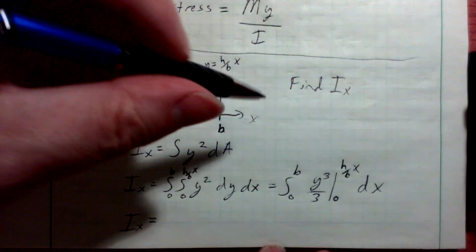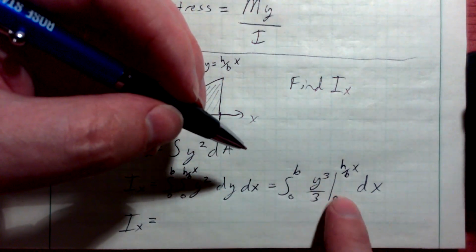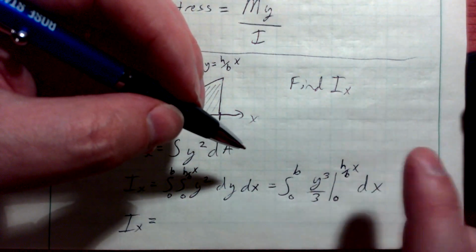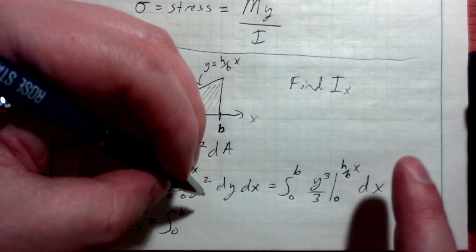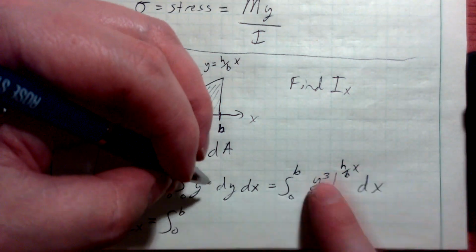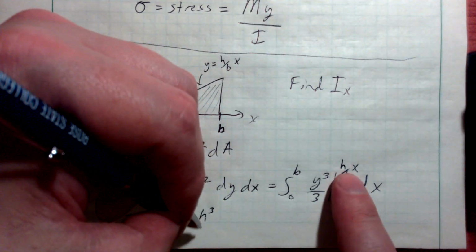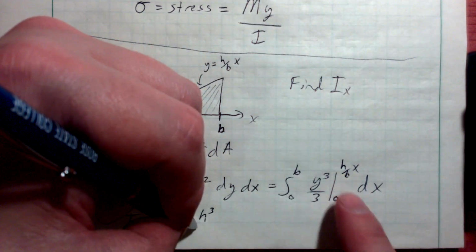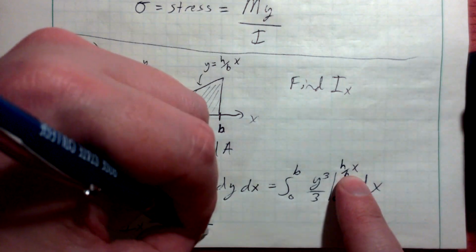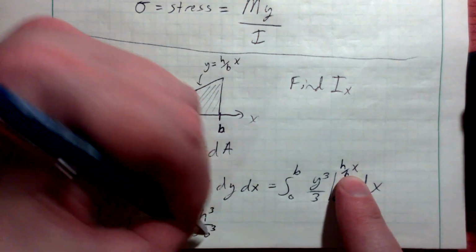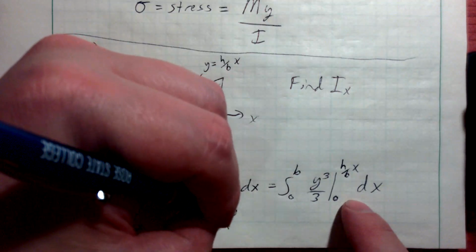I'm going to plug these in, so when I evaluate it at 0, I'm going to get a 0 for the negative term, so I'm just going to worry about the positive term. So I'm going to integrate from 0 to b. I'm going to plug this in here, so I'm going to have h cubed over b cubed. I'm going to pull out the b and the 3 in the denominator, so it's over 3. I'm going to cube the b, so h cubed over 3b cubed, and I'm going to cube the x, so times x cubed